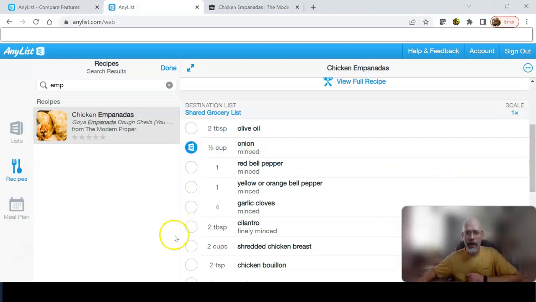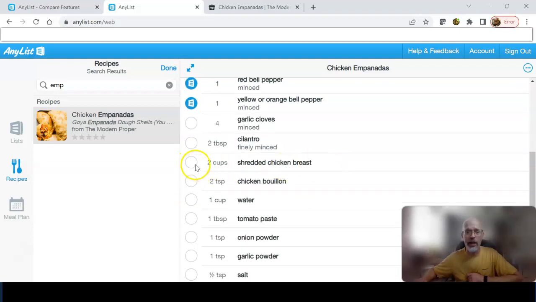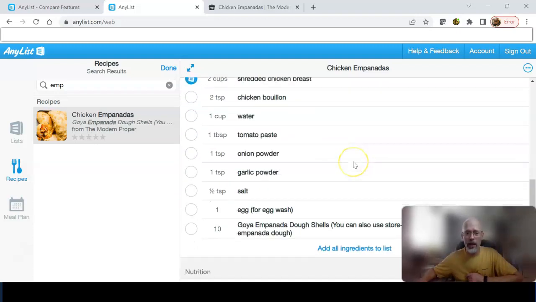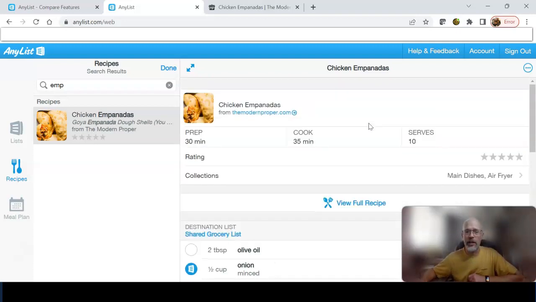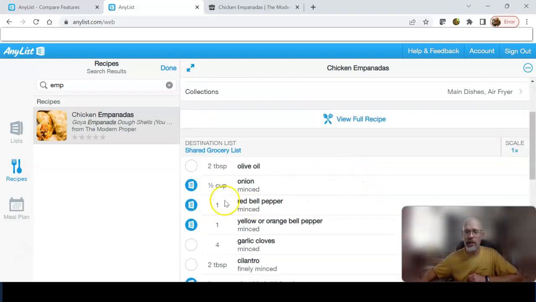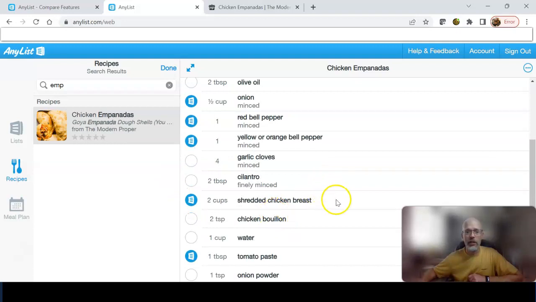I don't have onions, so I'm going to click on that. Red bell pepper I need, yellow or orange bell pepper, cilantro, I'm going to need the chicken breast for sure. And let's say I need tomato paste, but let's just assume that I have everything else that's on this list, so I don't need to purchase those things. So just by clicking on these little icons here next to each ingredient, it automatically adds it to my grocery